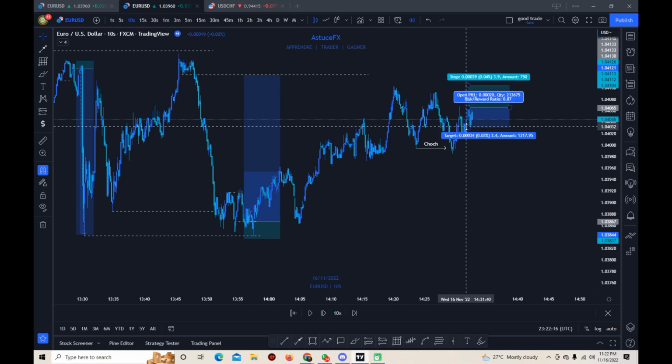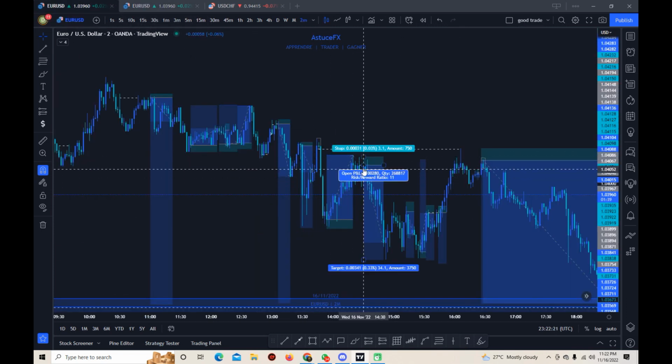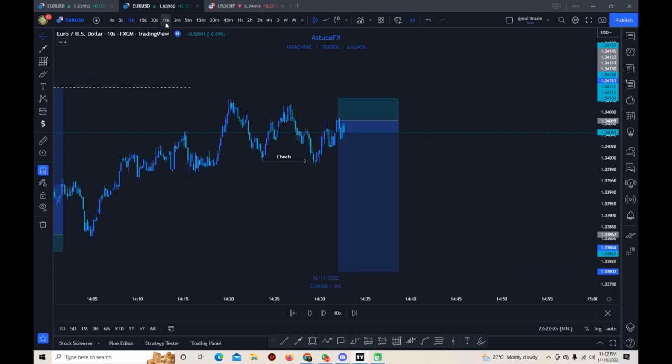Price almost hit my stop loss here. I went to TP anyway. So I think it was this sell. Okay, on this sell it did play out. Get back to my 1 minute,